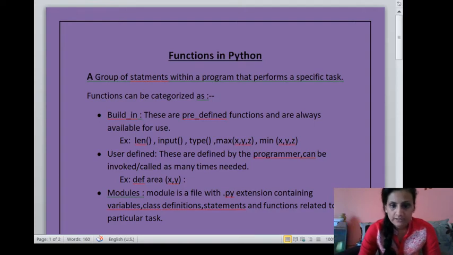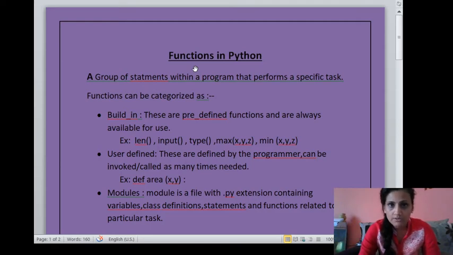Now second is user-defined function. The user-defined functions are the functions which are designed by the programmer and can be invoked as many times as needed in the program. The first line that you can see over here in the user-defined function example is the function header. def is a keyword that we use, area is the name of the function, and as you can see in the parenthesis there are two variables x and y.